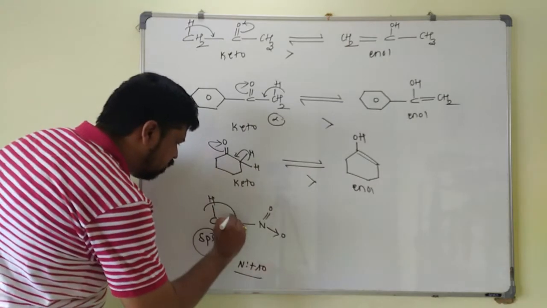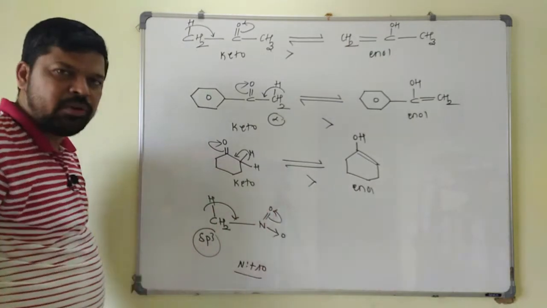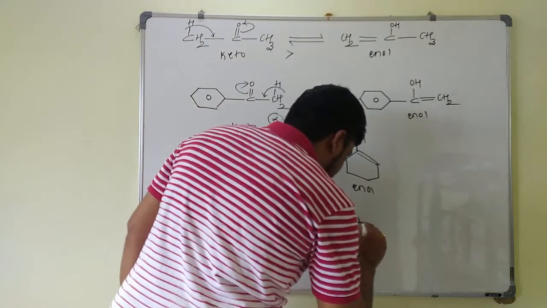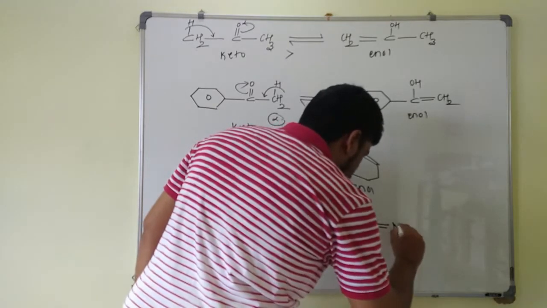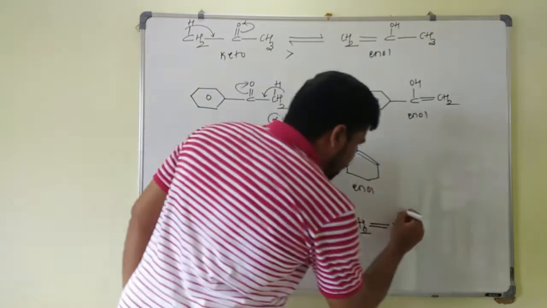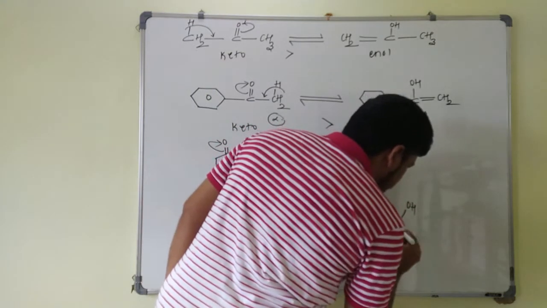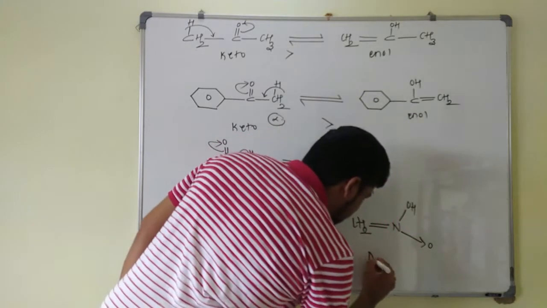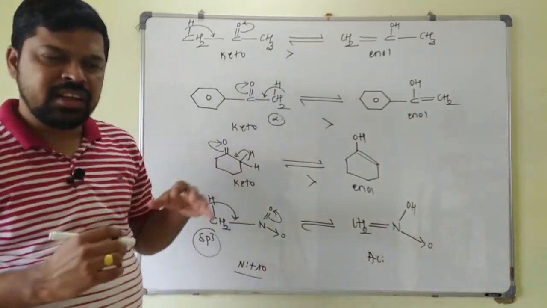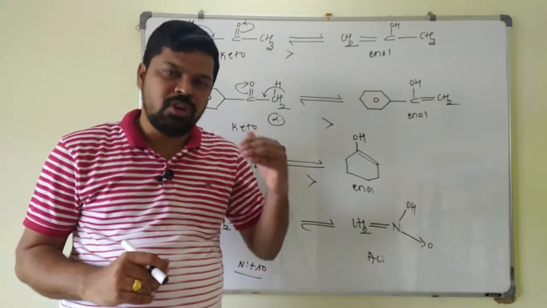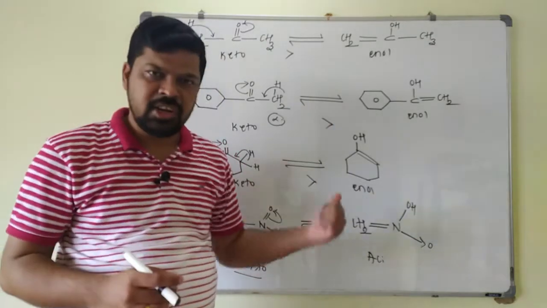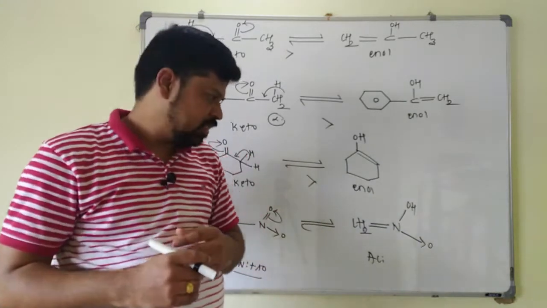And now this bond is shifted here. These electrons are given back to the oxygen, and the equivalent structure is CH2 double bond N, oxygen negative charge, H plus ion, H plus O minus. Here you will get OH, and this oxygen is as it is, and this is called the aci form. So in all the common examples we have solved here, the keto form is always more stable than the enol form. Now we will see the different possibilities in tautomerism, in what way they are going to ask the questions.